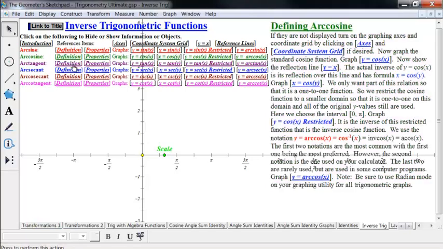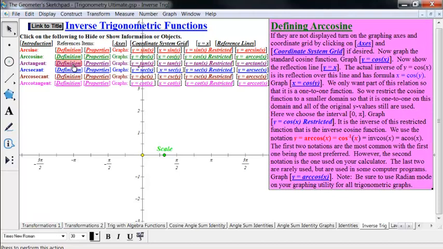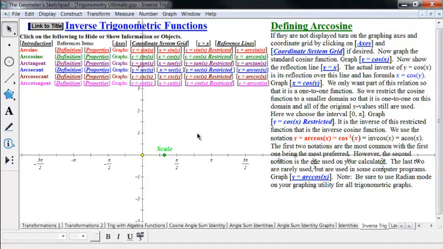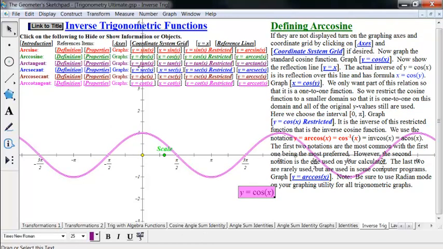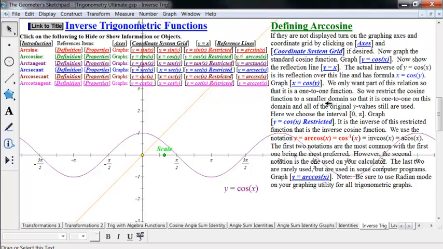So in this video, we're going to be looking at the Arccosine function. Very similar to the Arcsine function. So we can start by looking at a graph of y equals cosine of x, which is right there. And of course, just as with y equals sine of x, this is a periodic function, so it's definitely not one-to-one. So if we take the line y equals x and then reflect this over the line y equals x, what's it going to look like? Well, it's going to look like that, and that is x equals cosine of y, which is clearly not a